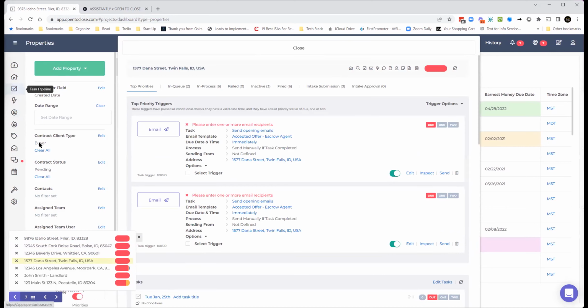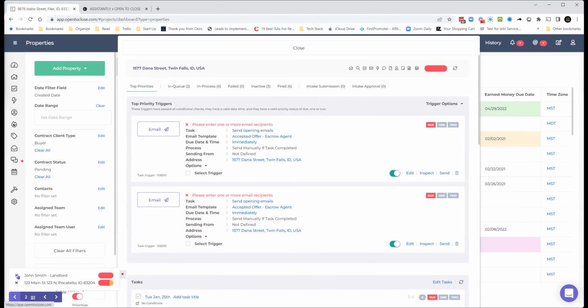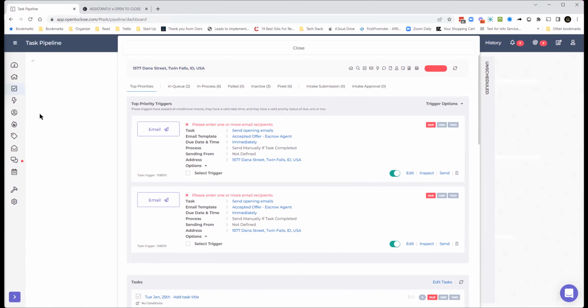Although that being said, as you're done with them, you can just X those out and it'll just keep getting rid of them off your list. And if you want to come back to it, like say you get a phone call and you want to come back to this later, you can just hit this and it'll disappear, come back and it'll have those same 2 in there. So let me go ahead and I'll leave those in there for now. In task pipeline, since I did mention it, there is a way to,